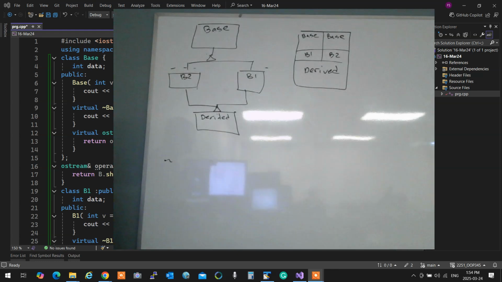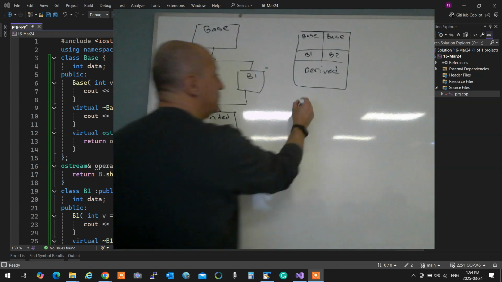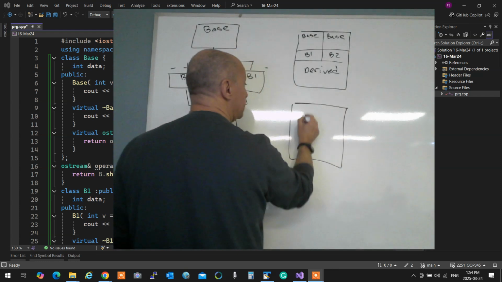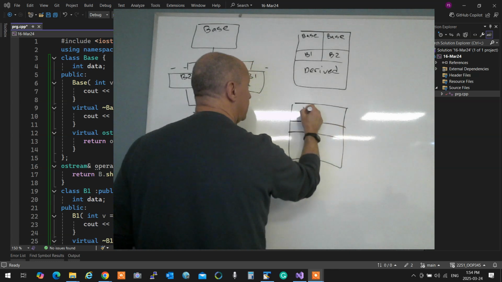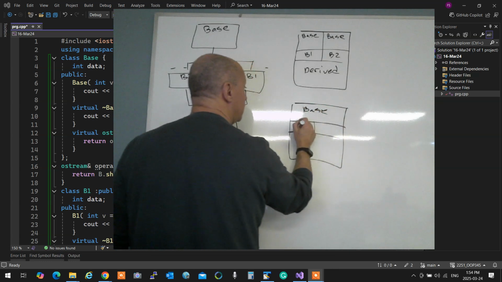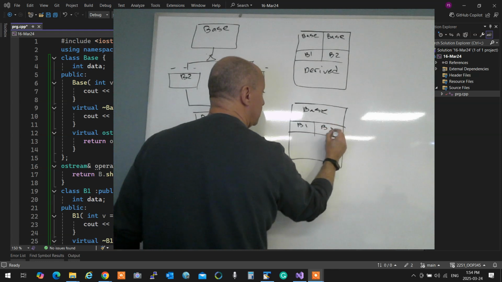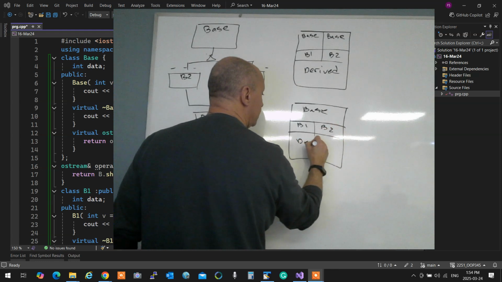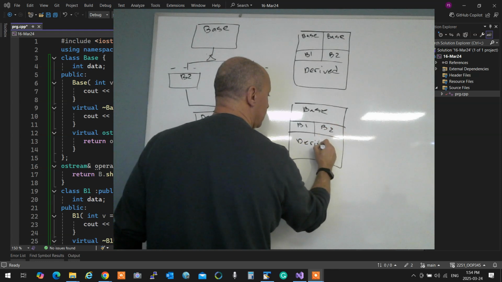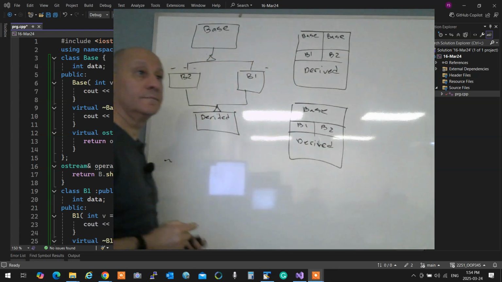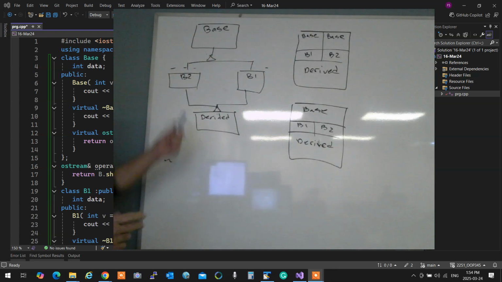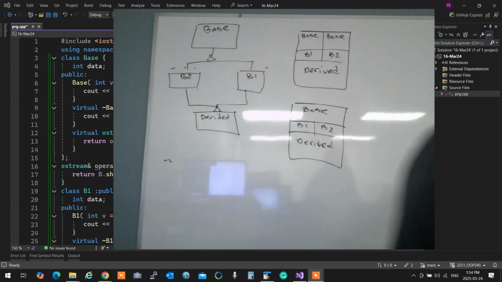Or is the object created as this? Think about it. I'm just going to focus on different aspects of inheritance over here.